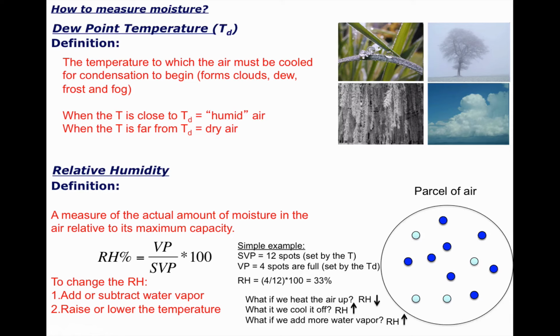And that's why you get sick in winter. I mean, think about it. Outside, the dew point temperature, which is a measure of the actual amount of moisture in the atmosphere, is 24 degrees. The temperature is 25. Your relative humidity is well above 90%. But there's just not much moisture in the atmosphere there to work with because the dew point is still a low value. What happens is we suck that air into our heaters. The air comes into the room where we crank up the temperature, which increases the SVP, the saturation vapor pressure, but we don't add water vapor to it. And as a consequence, this ratio goes way down, and we breathe in all winter long extremely low humidity air.